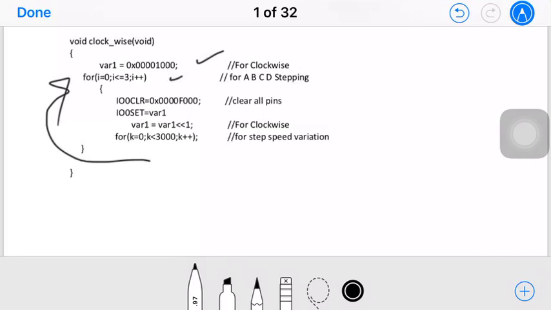Now what is the value? Again it will clear everything. Now the value of var1 is 2, so it will energize the coil B. Then again it will shift var1 by 1 bit position to the left. So we know that 13 will get energized, and the value becomes 4. Okay, so again it will come back here, and I becomes 2. Then similarly 4 times it will go, so it will energize A, B, C, D, like that. Understood? A, B, C, D for the 4 times.